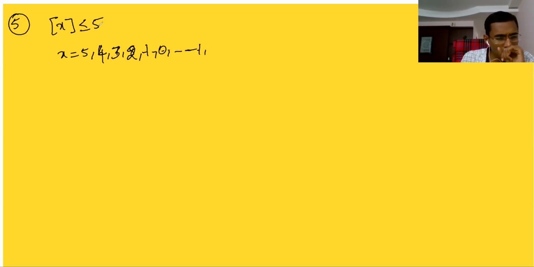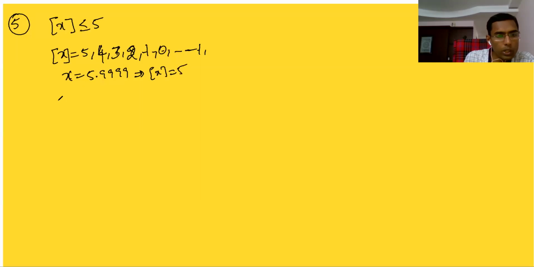So that means you have to get 5. 5.999999 also is okay. So bracket x is an integer less than or equal to 5, meaning integer less than or equal to 5, either 5 or less. So integers less than or equal to 5 are 5, 4, 3, 2. So if at all you have to get a maximum of 5, even if you take x as 5.999999, bracket x is only 5.